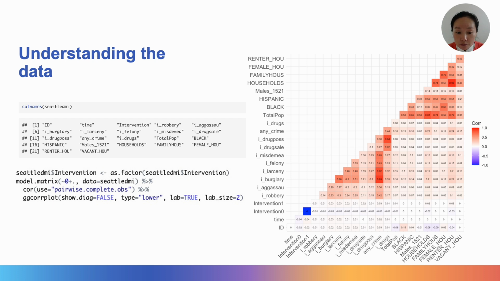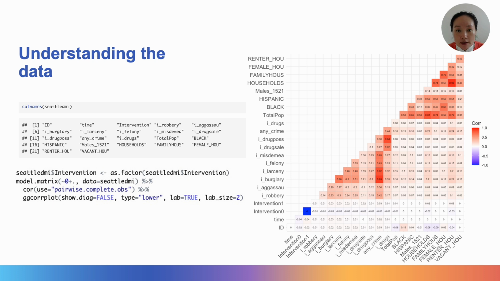Intervention, the third column, has 2 values. 0 means no intervention implemented. 1 represents intervention implemented. And the following few columns are different types of crimes. We will be looking at any crime, column number 12, as our outcome in this tutorial. We'll also have some block level